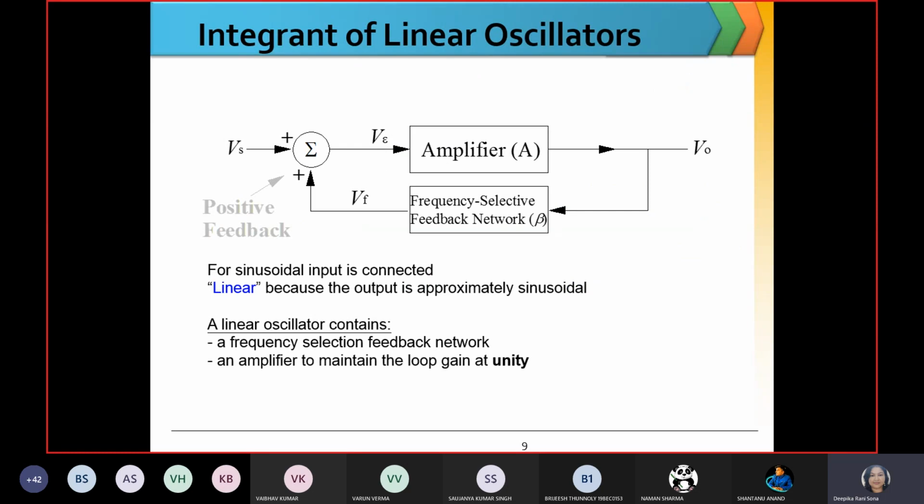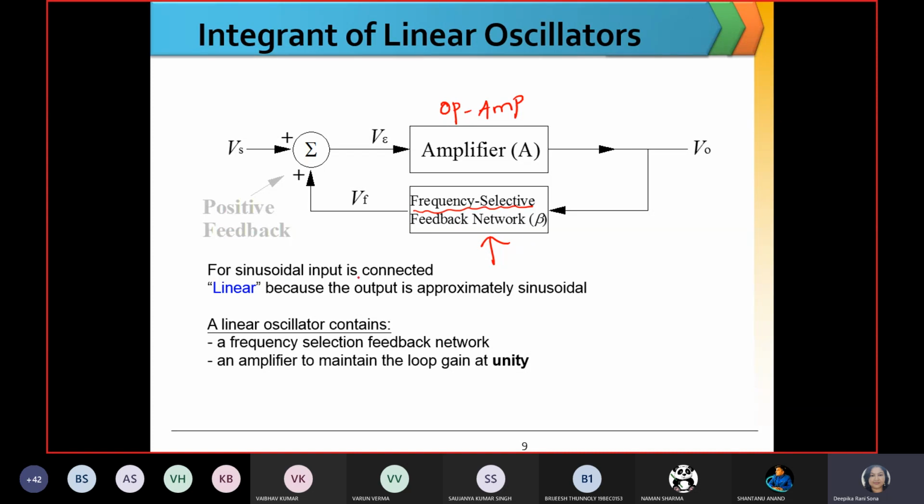I'll just come to this figure, the block diagram of a linear oscillator circuit. Guys, this is our amplifier. Here we can use the op-amp, right? So just recall your voltage series feedback and shunt feedback cases. How are we using that? We are additionally using the feedback circuit. You have already learned the feedback path in terms of beta. This beta is nothing but a frequency variable network or frequency selective feedback network. By varying this feedback path component, we can control the oscillation frequency.